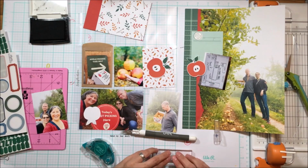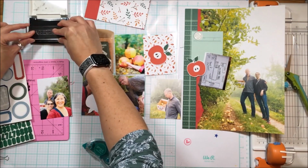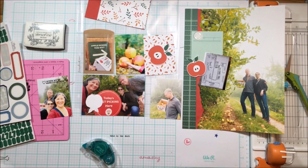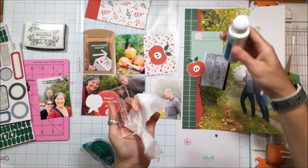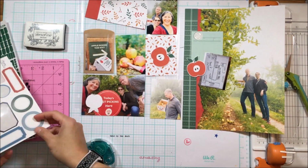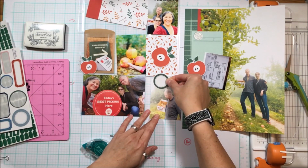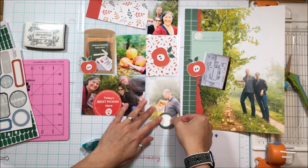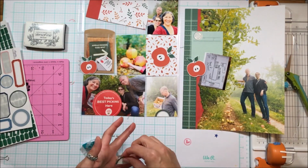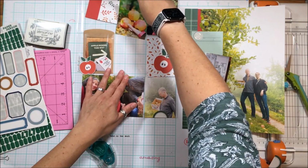And now I know I want to put one of the apples off to the side there. And that is going to go outside of the pocket because you can see how it overlaps the pocket there. So I'm using one of the stamps that actually came with this kit this month, and it's got a heart, and so love when we're here together, and I stamped directly on the photo there. I've been trying to use my stamps more directly on photos. So now what I'm doing here is I'm just going to put, so this is again from a label from an old kit, and I'm going to put that at the bottom of that photo of my husband